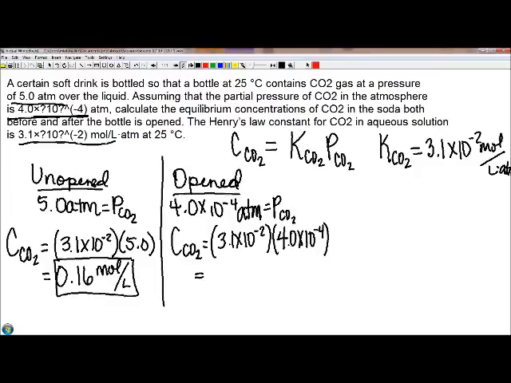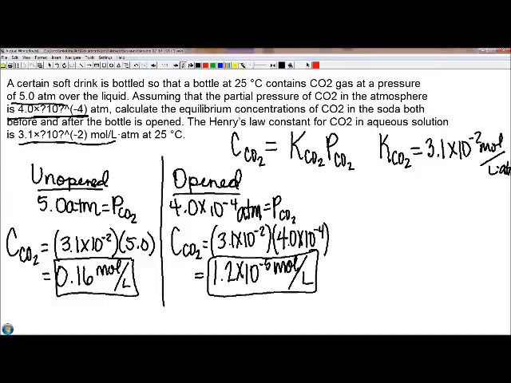The concentration is 1.2 times 10 to the negative fifth. Your calculator might have given it as a decimal, and that's okay. So that's our other answer. This means, just so you guys know, that to compare these two numbers, since we've done the before it's opened